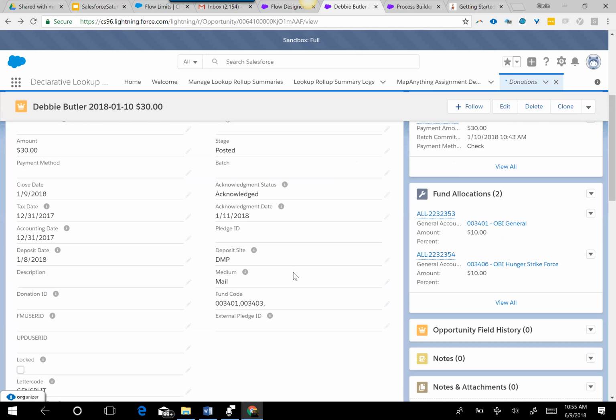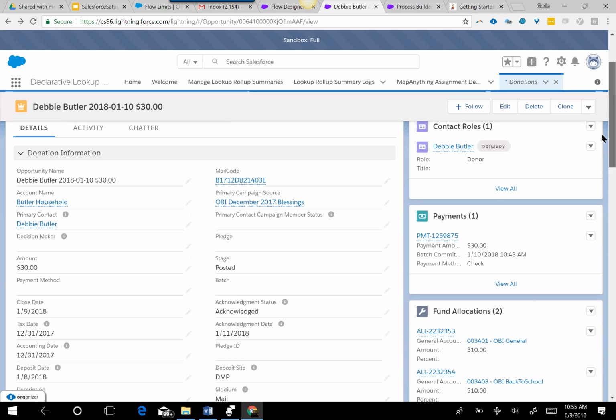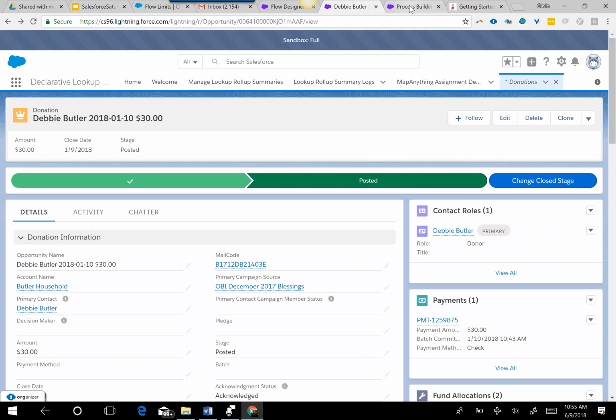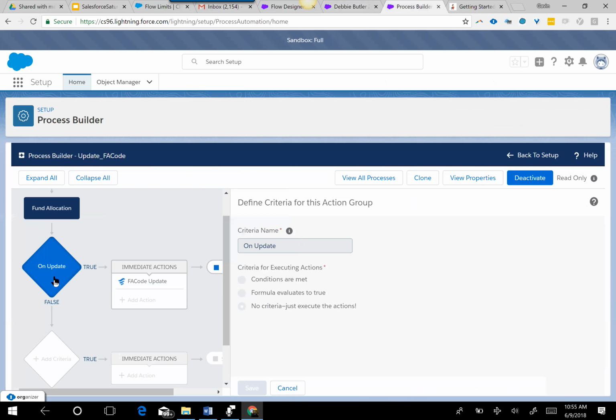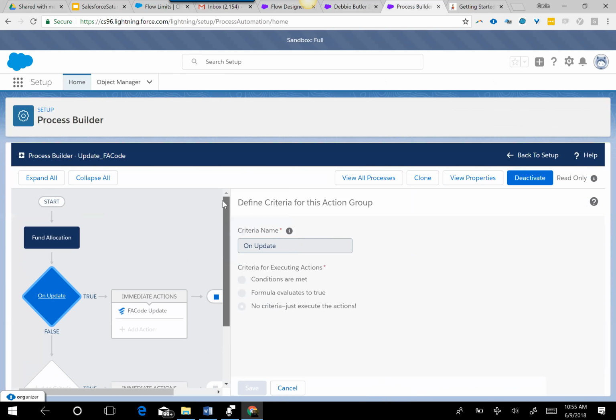Yep, back to school. So it changed that to 3403. And all that happened because we had this process builder. This process builder is a crucial piece. Without it, the flow is just sitting there doing nothing. So this is an end-to-end use case on how you can use flow and process builder to save your client